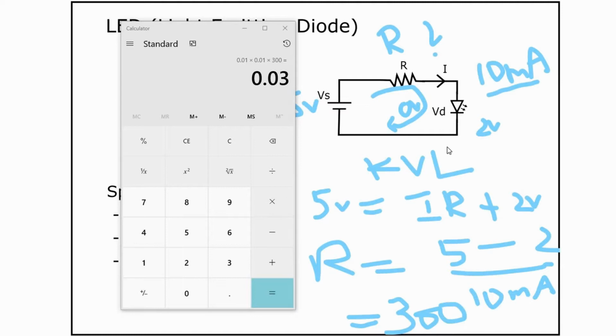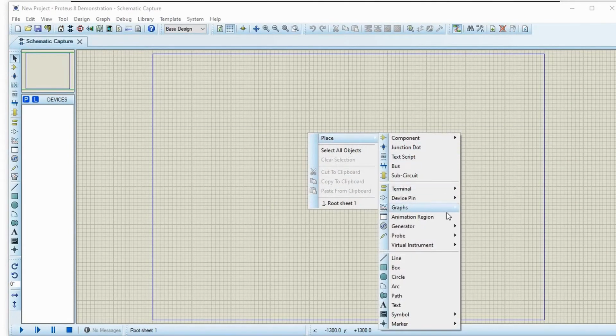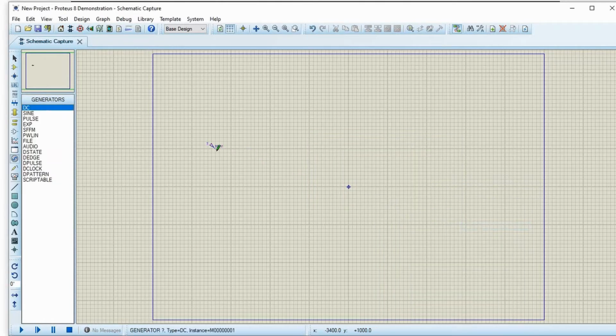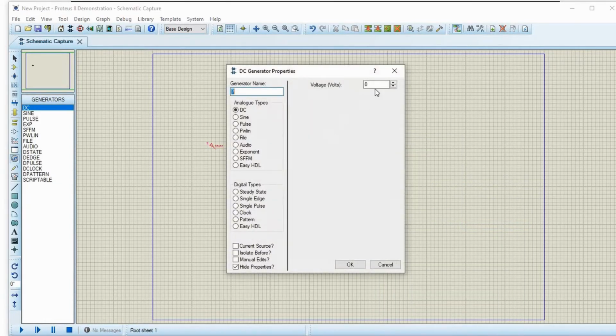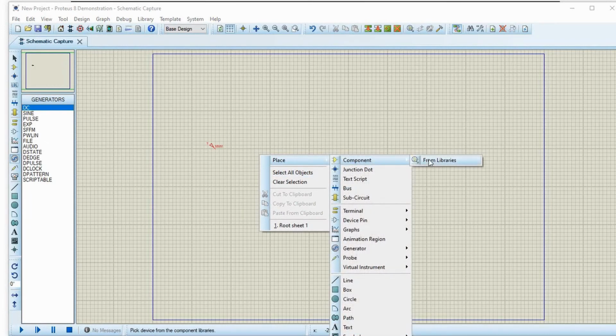Let me quickly show you how you can use a diode in Proteus. Okay, let me put a voltage source. I'll use the same 5 volt DC voltage source. Then we'll use a resistor.